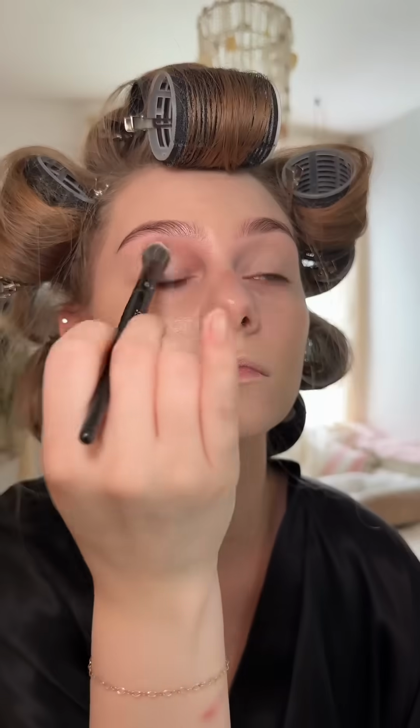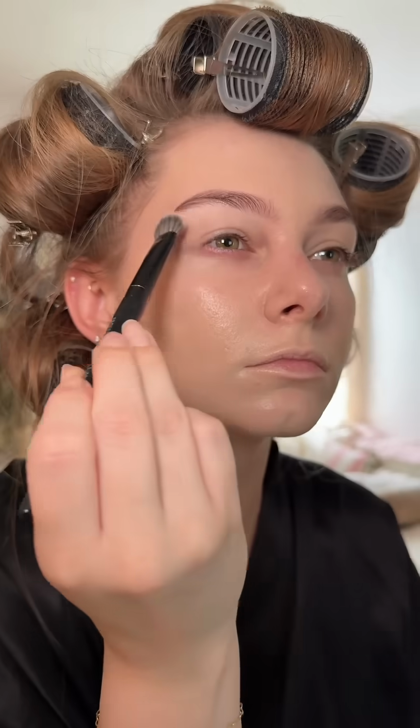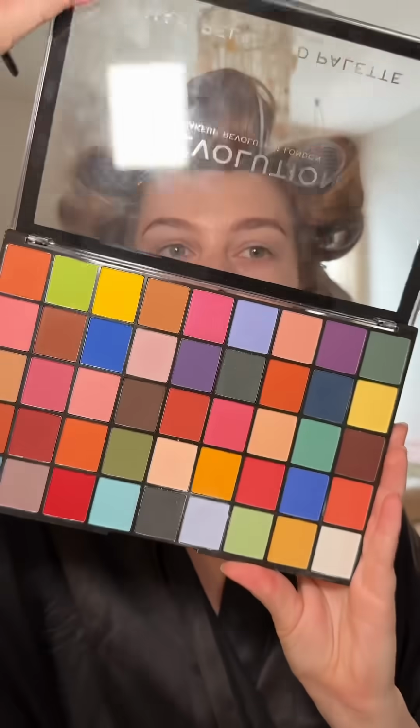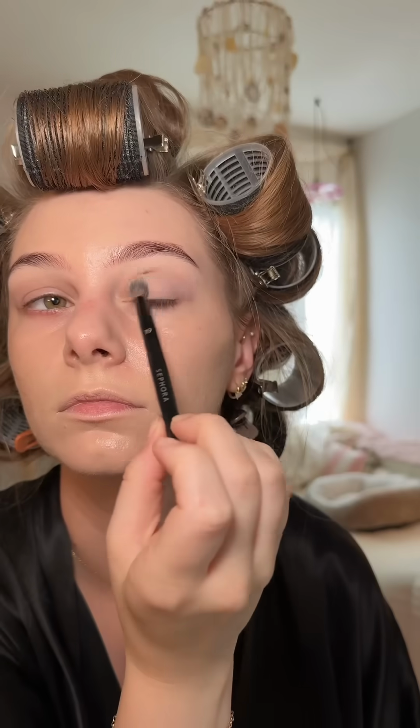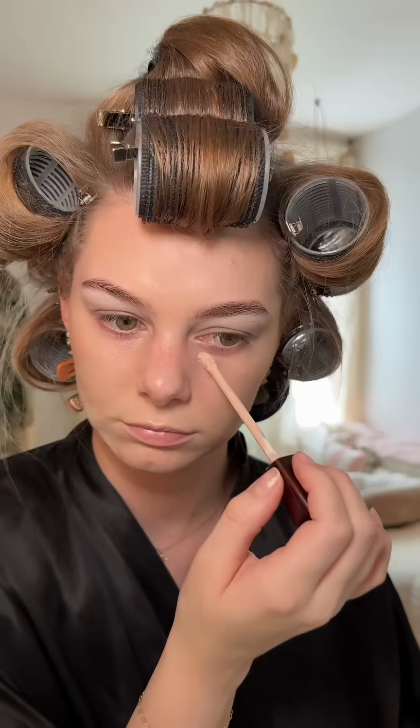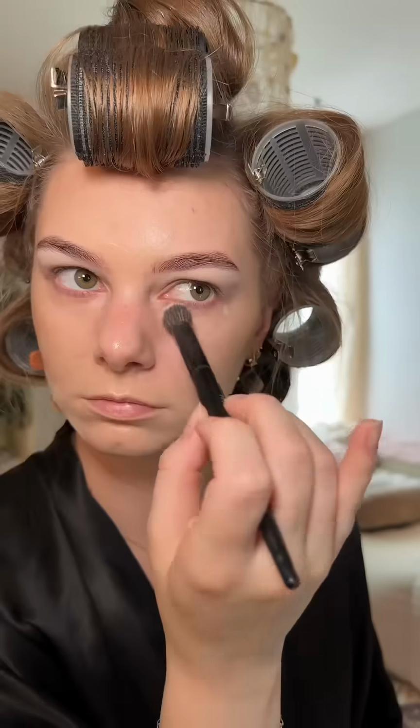A very consistent eye look I have seen is very bright, like white eyeshadow right under the brow bone. Some neutral tannish color in the crease, and then there is a lot of purple and blue on the eyelids. And we can't have the eye look without a shimmery eyeshadow. Contour wasn't really a huge thing like it is now, but all these girls look snatched and I'm looking a little flat, so I am taking a little bit on a brush just to give my face a little bit of shape and color, concealing under my eyes and anywhere that needs a little bit more coverage,